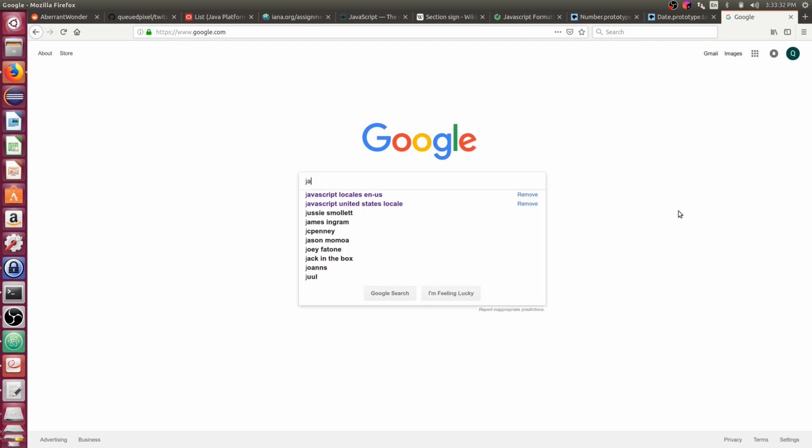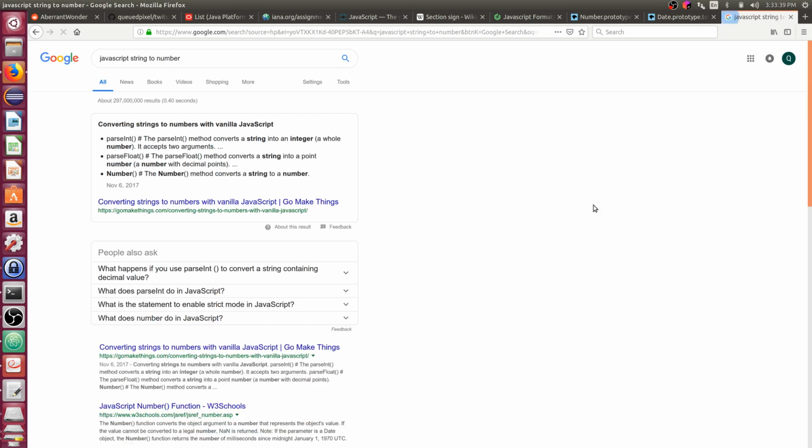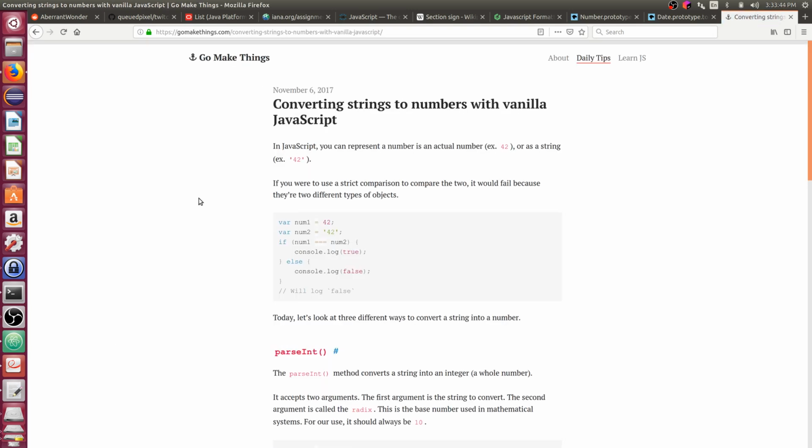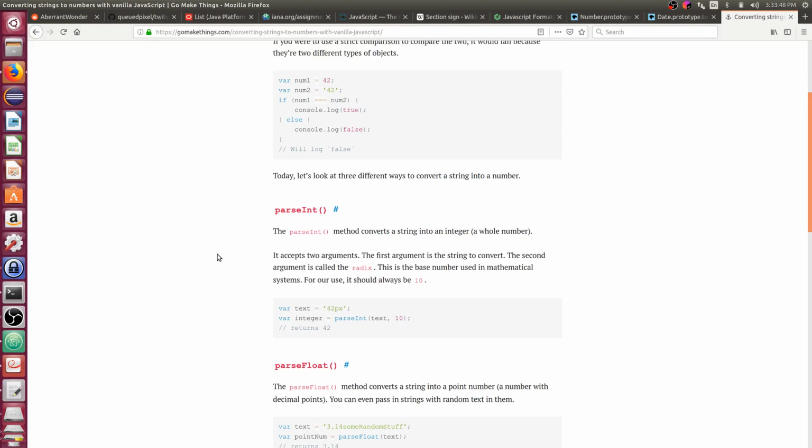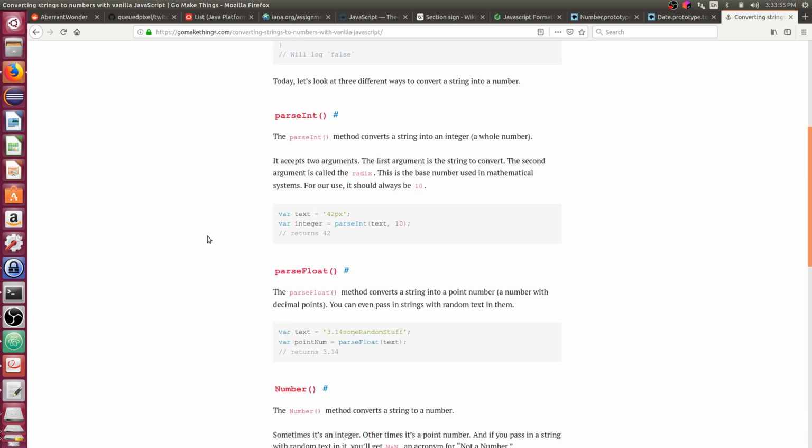I'm going to search JavaScript string to number. We have parseInt, which converts a string into an integer. We'll try that.